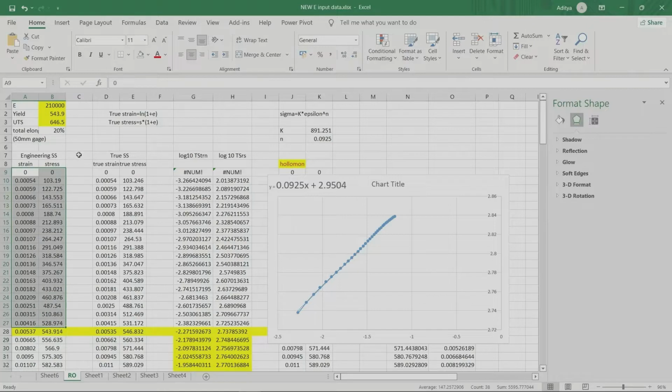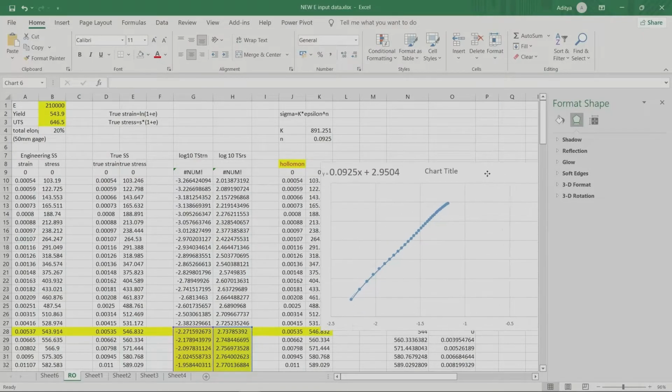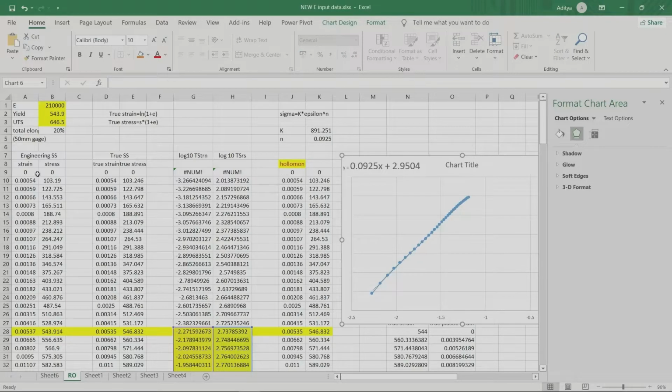What we are going to do now is convert that data for the Abaqus input. First of all, we need to convert this data to a true stress strain curve. How to calculate true stress versus true strain? True strain is the natural logarithm of 1 plus engineering strain, and true stress is engineering stress into 1 plus engineering strain.